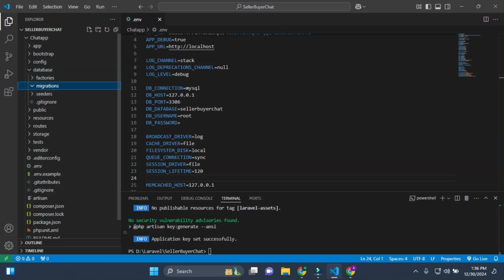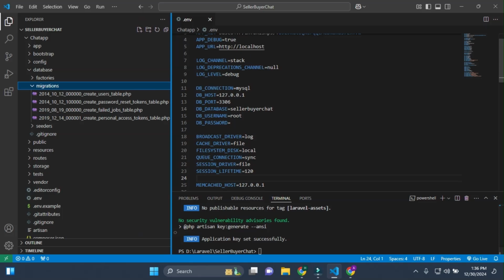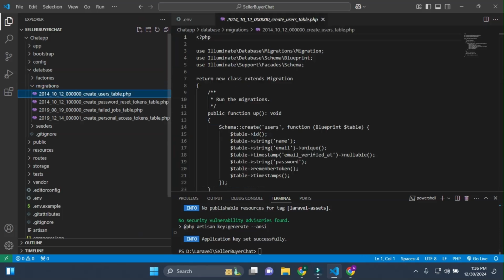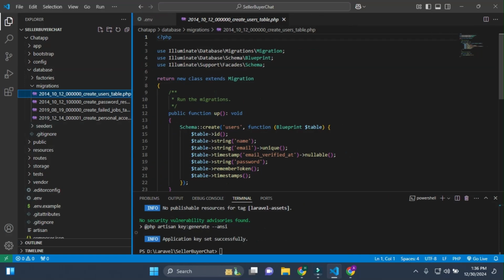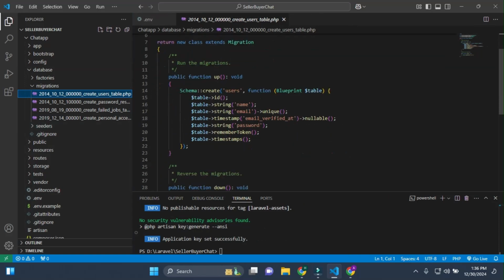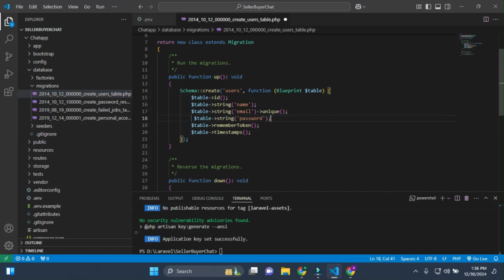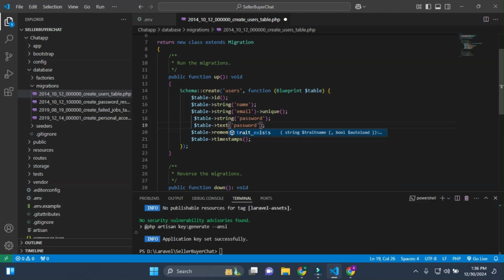So now what we have to do is create the tables. For this, simply go to database migrations, and in the migrations we just need two tables. One is user and the second one is chat. So user is already there, and we just update some things in it, that is name, email, and email verified. I'll remove this password, and after this just copy this and paste it here, and use text here,